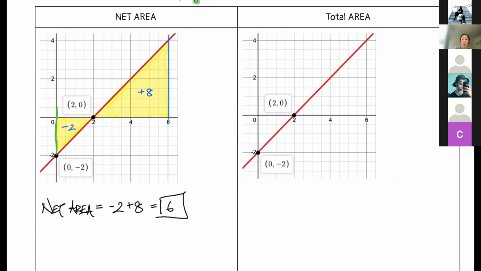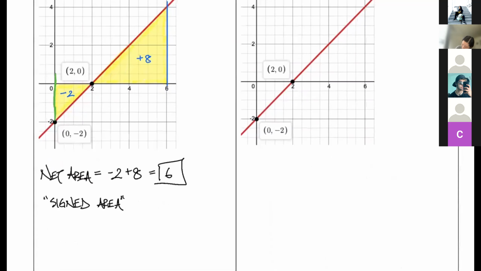However, net area is sometimes referred to as signed area, meaning that if something is below the x-axis and we're reading from left to right, then it's going to be negative. And if something is above the x-axis and we're reading in the same direction, that's going to be positive. Okay, so signed area, meaning there can be